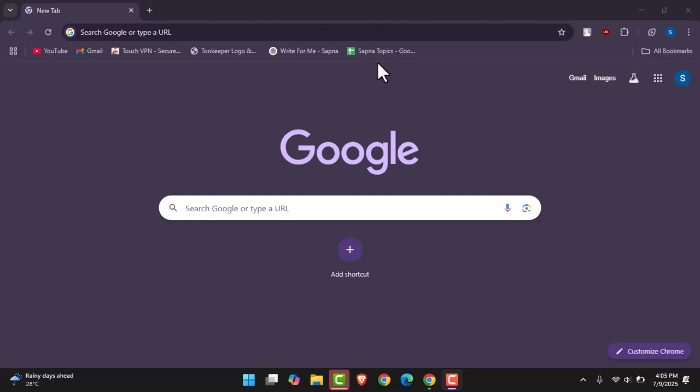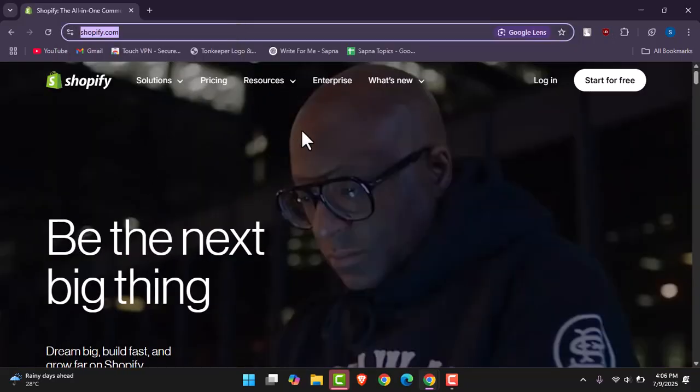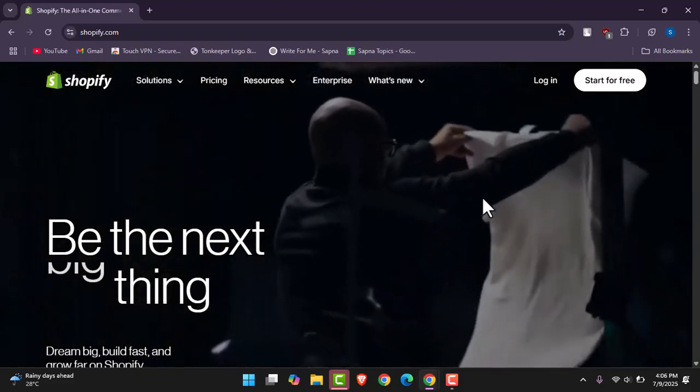Let's start. To do that, it's a very easy process. All you have to do is simply access your browser. Any browser would work. You don't need to have it installed right away as an app. You can simply access their website. So what you're going to do, you're going to go to the search bar and simply type in Shopify. You will be able to direct it to shopify.com, the official website, and all you have to do is go